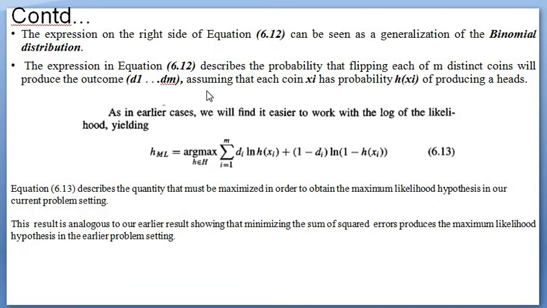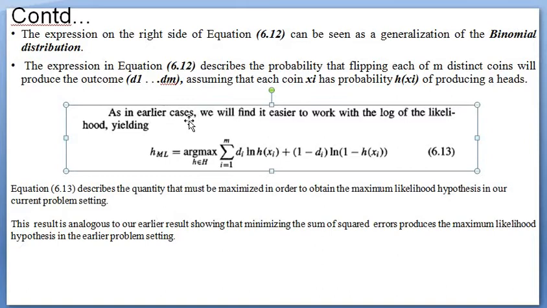The expression in equation 6.2 describes the probability that flipping each of m distinct points will produce the outcome d1 to dm, assuming that each point xi has a probability h of xi of producing heads. As in the earlier case, we will find it easier to work with the log of the likelihood, yielding: